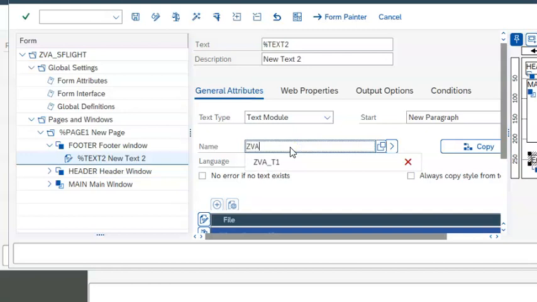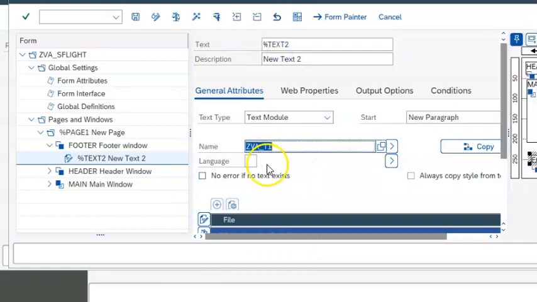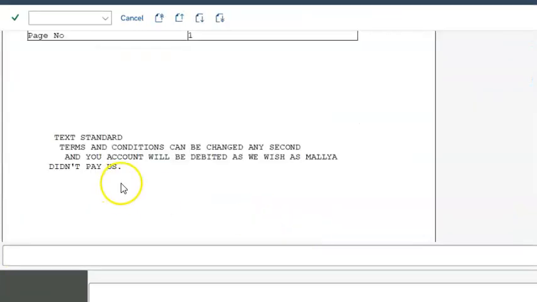So we'll go for ZVA star and select from the drop down. ZVA underscore T1 is the one. Language, let's give the language as EN. Say OK, activate. The text we are able to see here is actually something which we have got from